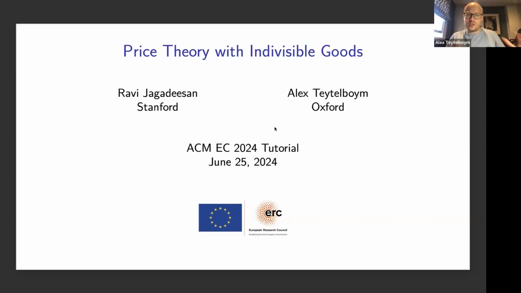So I'm going to do this in two parts. In the first part, I'm going to talk about what happens when the agent's utility is not linear in money. The standard assumption, especially in mechanism design across economics and computer science, is that agents' utility functions are quasi-linear. It's extremely convenient. But